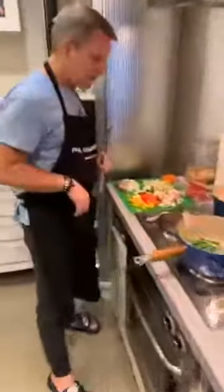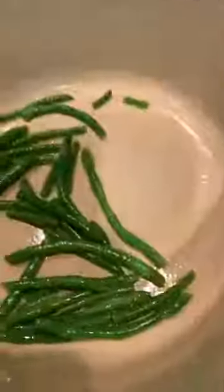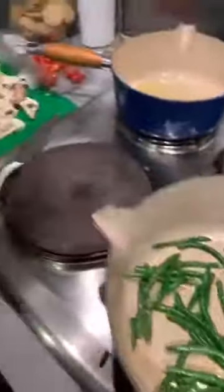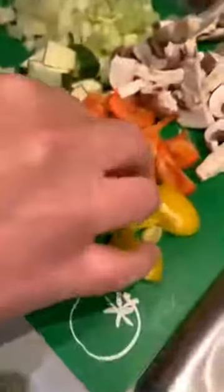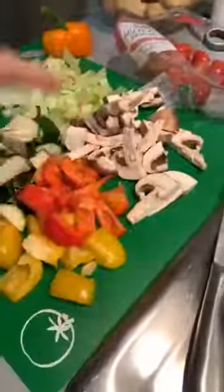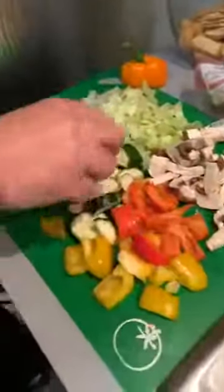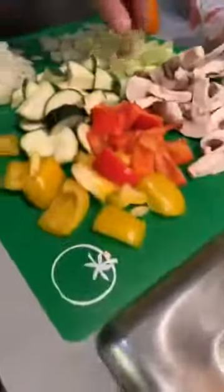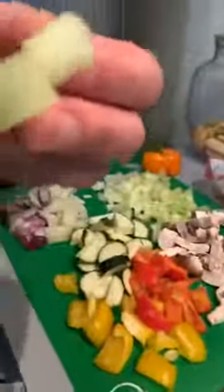I put some green beans in here. I just took them out of the freezer, so that's why I've put some heat into them. Then I've chopped some yellow and red pepper. I'll probably do the orange one as well. I had 2 chestnut mushrooms left over in the fridge. Some courgettes, I've used half a courgette. And then I had 4 sticks of celery that, as you could see, were getting close to the end of